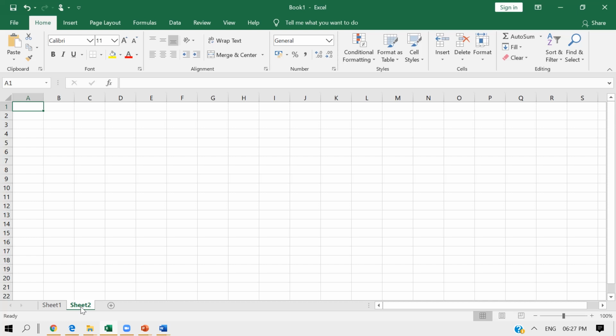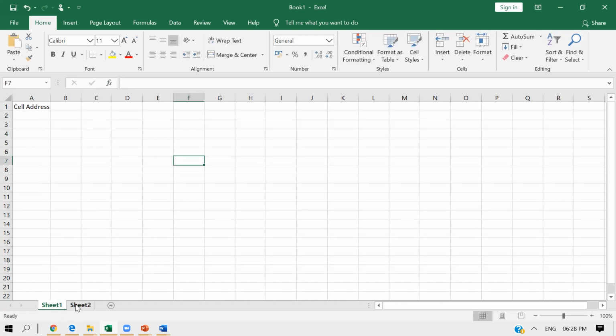So we have seen the title bar, the ribbon, the command buttons, and the pointer which is moving, this is called the cell pointer. The plus sign that you see on the screen is called the cell pointer. Then we have seen the name box, formula bar, and worksheet tabs. Okay, let's go ahead.